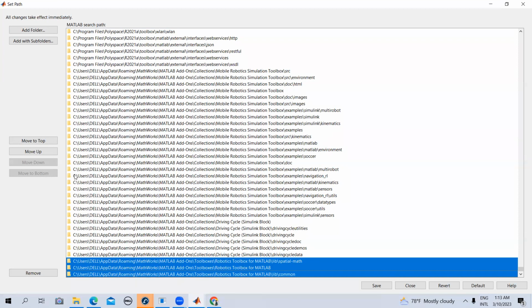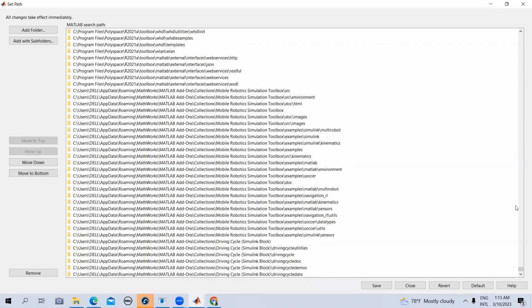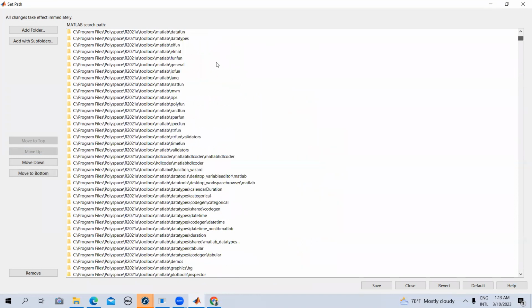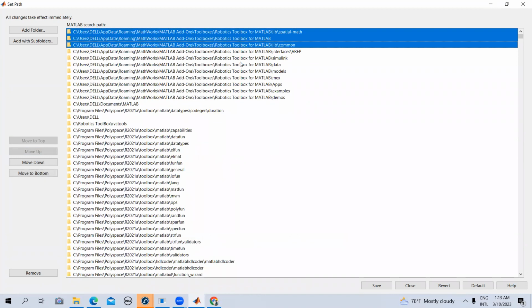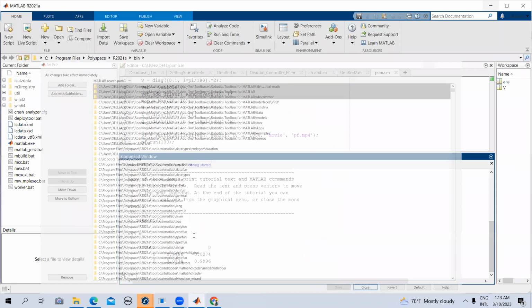Folders or add-ons, and you can click on move to top here, right? Then they will be moved to the top in the priority order, right? So you can see that these are now on the top. So the priority order has been given to these add-ons or these folders. So you can save this. Make sure that you save it, right? If not, this is not going to save, and this is not going to be set as a priority. And now you type in the same